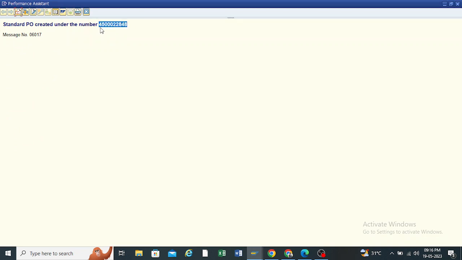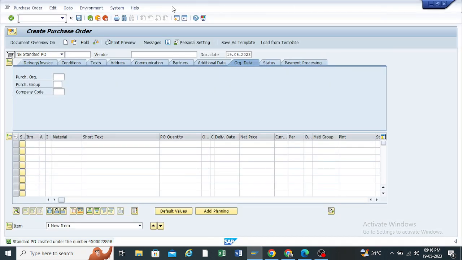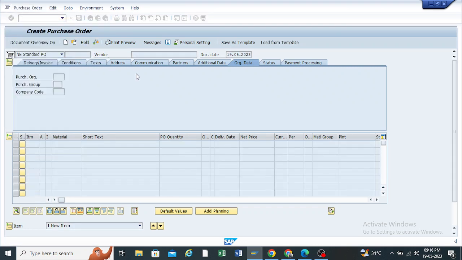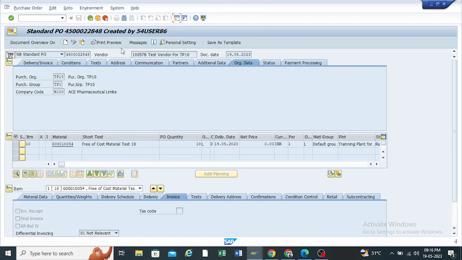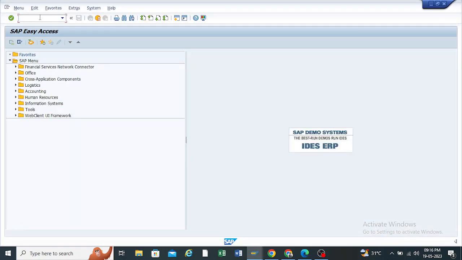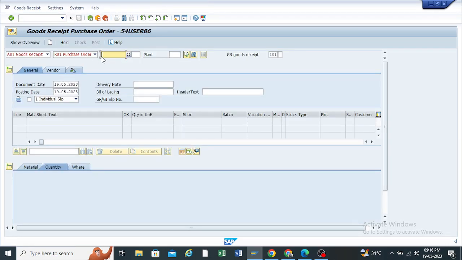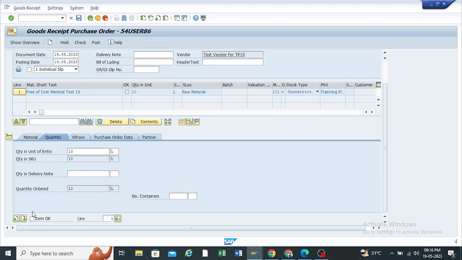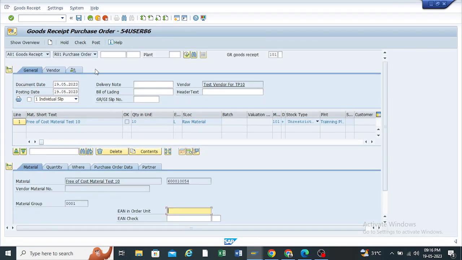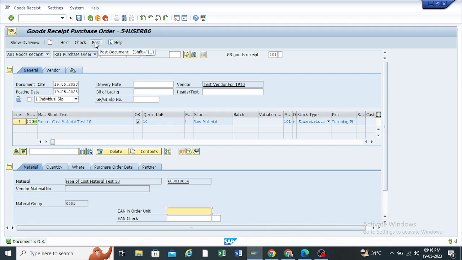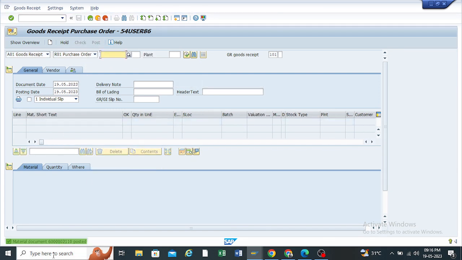and we are getting the purchase order number here. Copy it and try to receive this material. Okay, standard goods receipt process here. So we are receiving the 10 quantity. Just check it. So this location, all things will be the same. Okay, and post it. Okay, as we have received the 10 quantity,